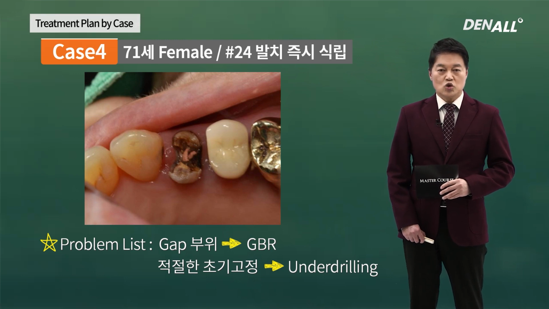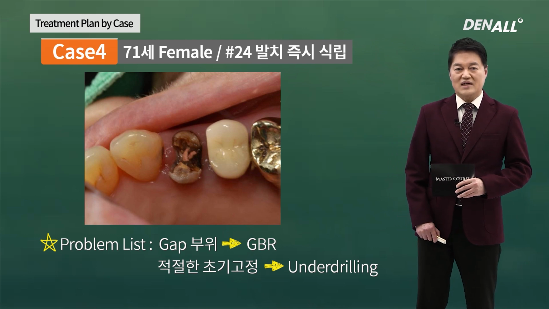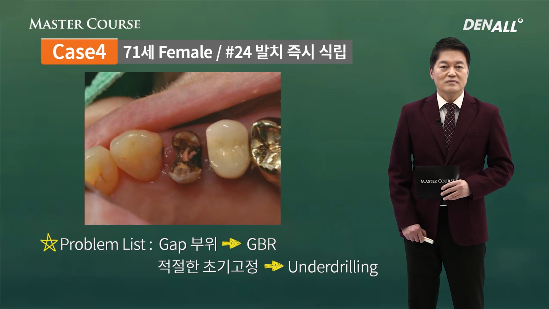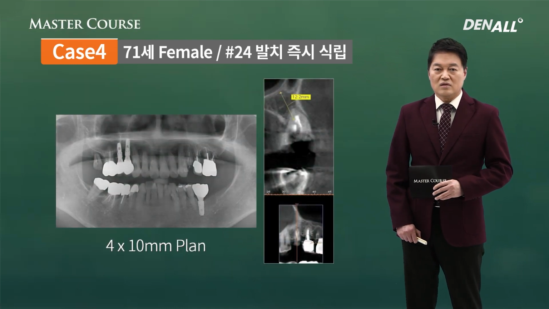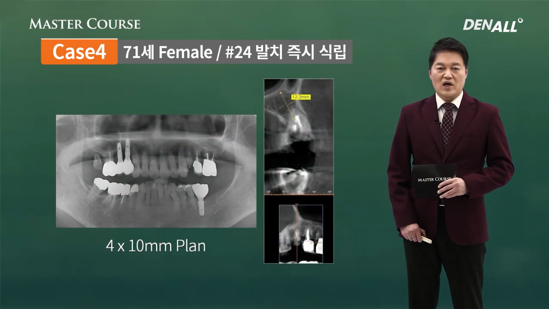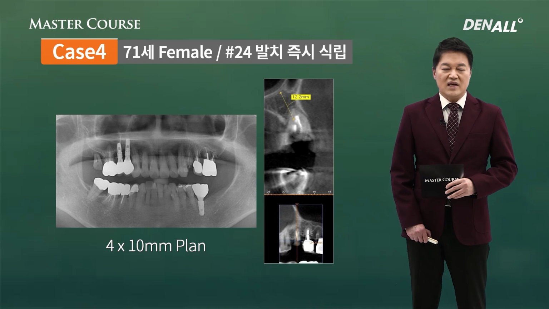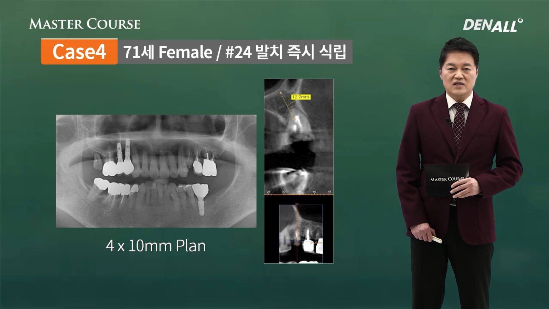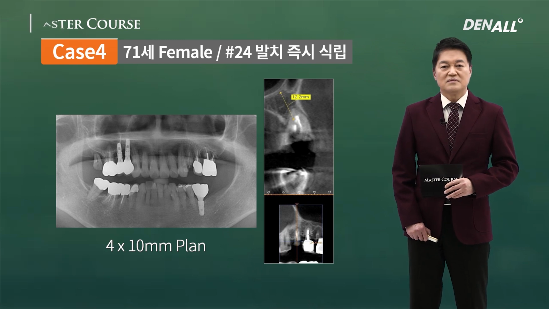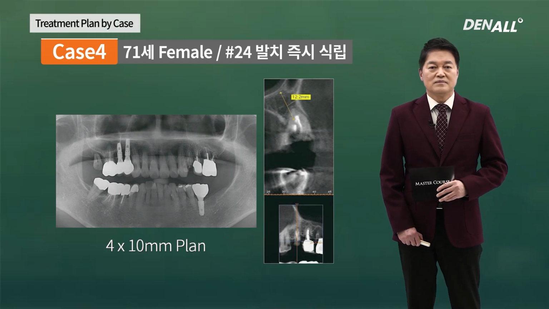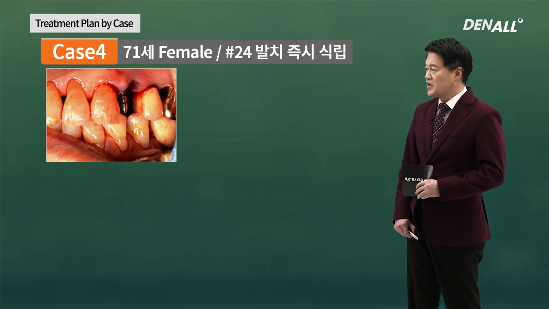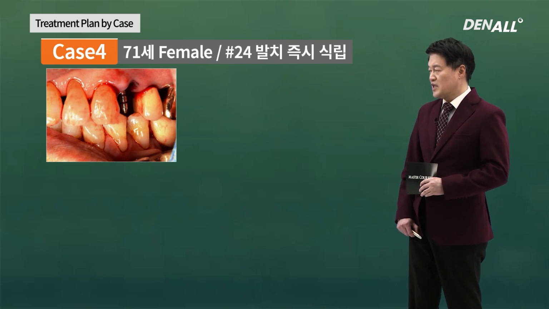In order to get adequate initial stability, you need to underdrill by a size. As you can see, the length was sufficient. Bone height was 4mm. 4 by 10mm implant was planned. As you can see, guide pin was used to check the placement position. It was adjusted,